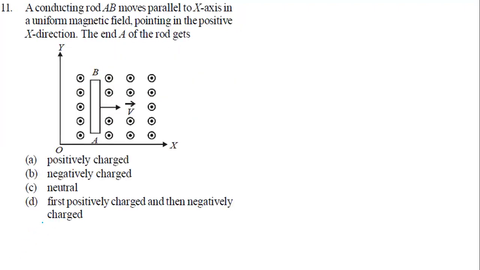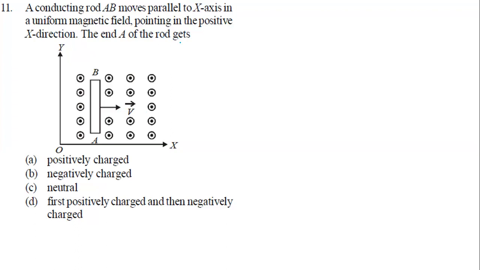Look at now. Here, I think this is probably the last question of today's class. So very simple thing. To understand this very clearly, you need to know these things. A conducting rod AB is moved parallel to the x-axis, as shown in the diagram, in a uniform magnetic field, which is what now? Towards you people now. Okay, so pointing in a positive x direction. So the rod is moving in a uniform magnetic field, pointing in what now? Positive direction. So velocity is also in the positive x direction.